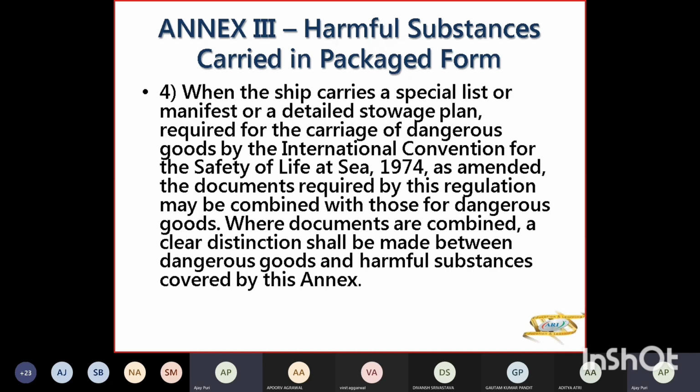सो अगर ship is carrying your special list or manifest or detailed storage plan तो उसमें the documents required for this regulation may be combined with IMDG जो डॉक्यूमेंटेशन है उसके साथ कंबाइन कर सकते हैं। बट जब कंबाइन करें तो उसमें डिस्टिंग्विशन होनी चाहिए कि व्हाट इज डेंजरस गुड्स, व्हाट इज हार्मफुल गुड्स, कौन सा मरीन पोल्यूटेंट है, कौन सा नहीं है। क्योंकि हो सकता है वो डेंजरस गुड इज नॉट अ मरीन पोल्यूटेंट। तो दोनों की अलग अलग मार्किंग होनी चाहिए कि वो डेंजरस गुड है, हार्मफुल सब्सटेंस है, मरीन पोल्यूटेंट है या नहीं है।